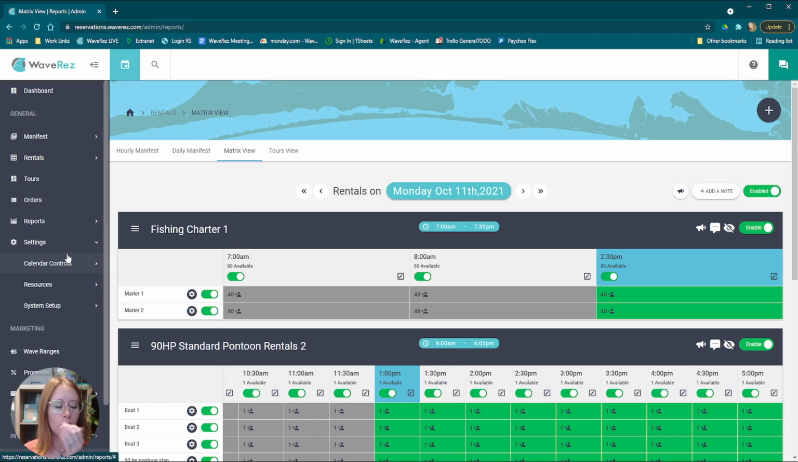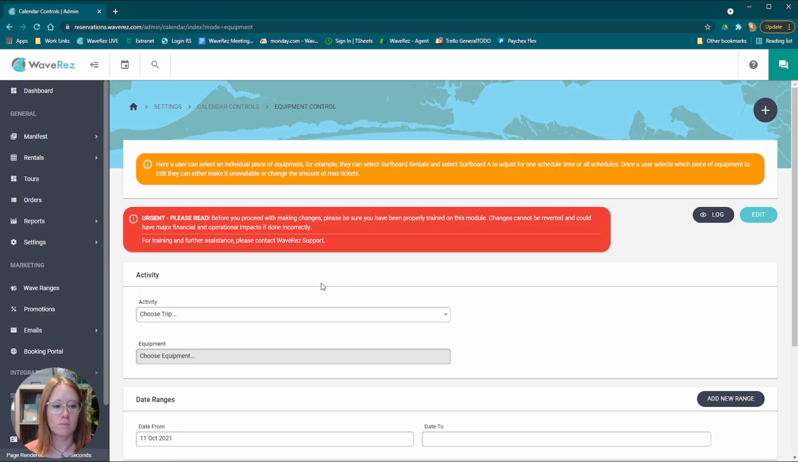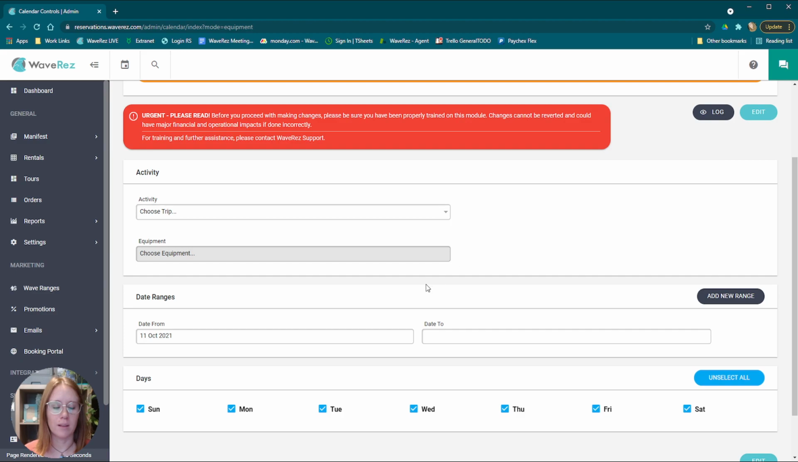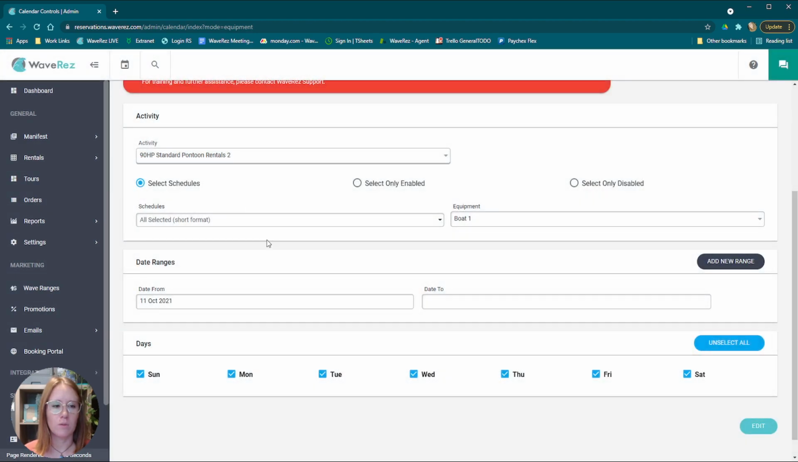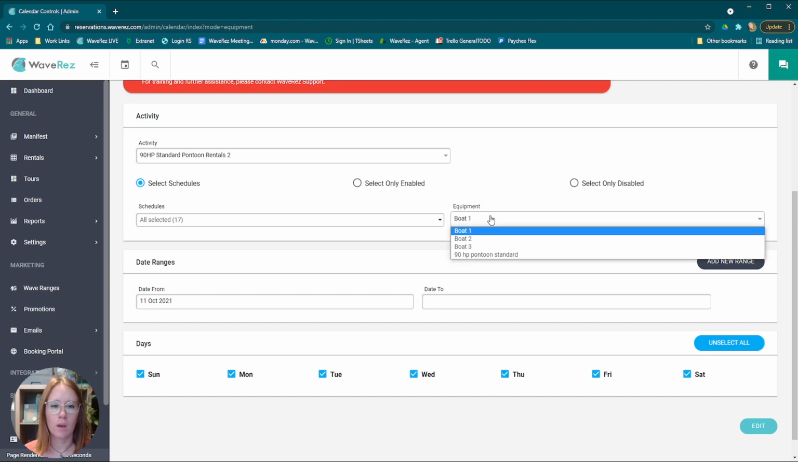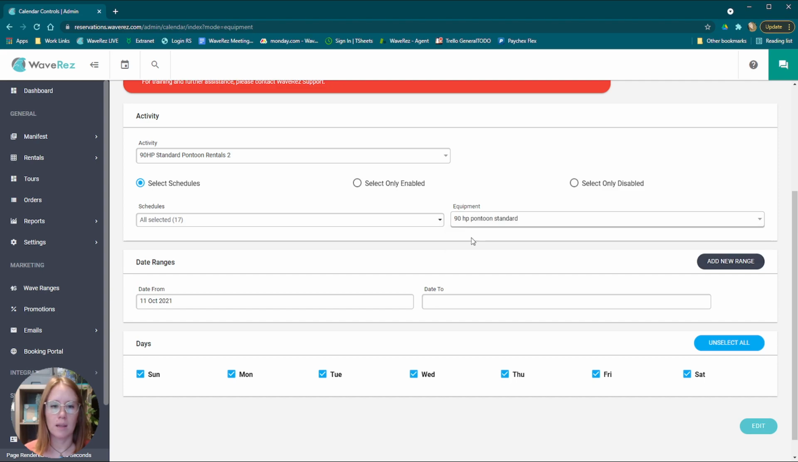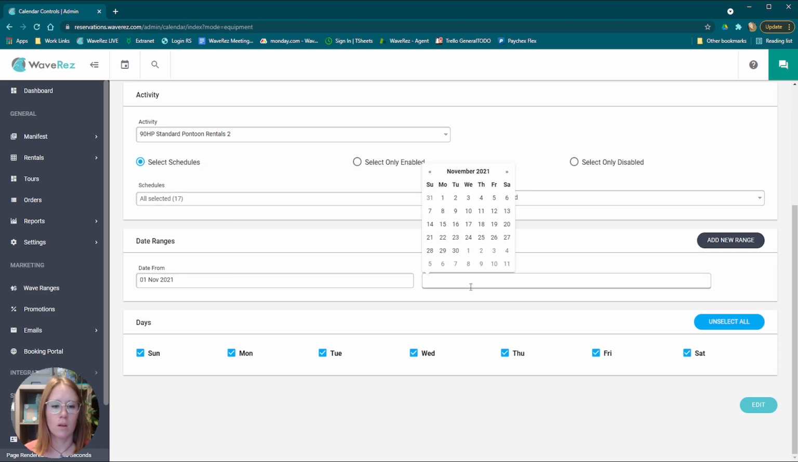So if we move to calendar controls and equipment control, we'll get this control with this selection here. So first we're going to choose our trip. We're going to edit the pontoon rentals. Schedules, we're just going to select all for the purpose of this video. We're going to select the 90 horsepower pontoon standard, and we'll just do the date range of the first week